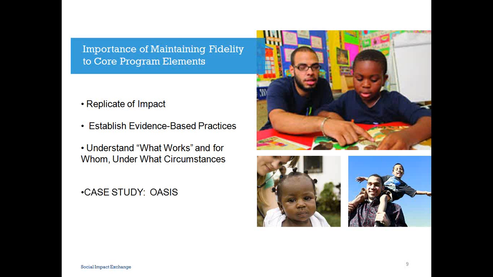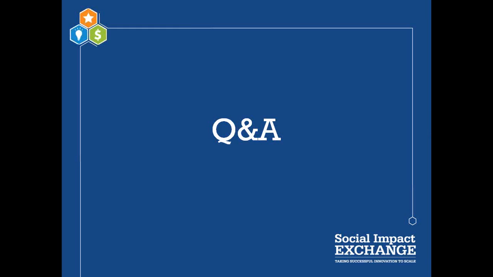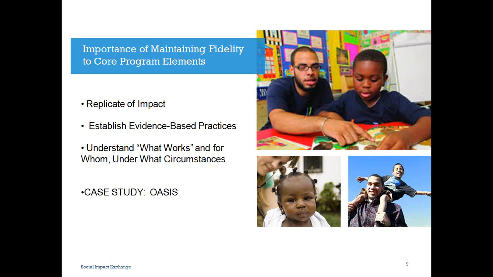So now I want to turn the discussion over to Marcia Kurz from the OASIS Institute. OASIS is an organization that's been around for several decades, and it's a very interesting story for all organizations who are thinking about scale and evaluation and the difference between 20 years ago and today in thinking about how they relate to each other, and how what worked 20 years ago doesn't necessarily work today. So, Marcia?